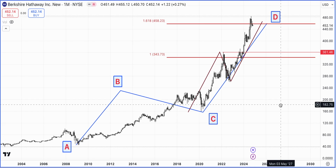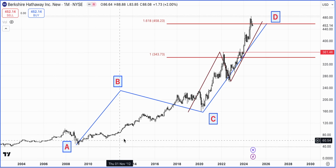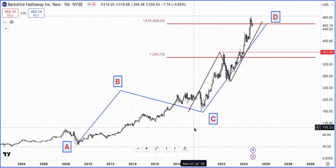This is a really long-term chart. This is the monthly chart, and we go back all the way to the bottom, which took place in March of 2009. So this is going back roughly 14-15 years, and you can see that the stock has done fantastically. It had a bit of a dip in 2020 because of the COVID pandemic, and then a fantastic